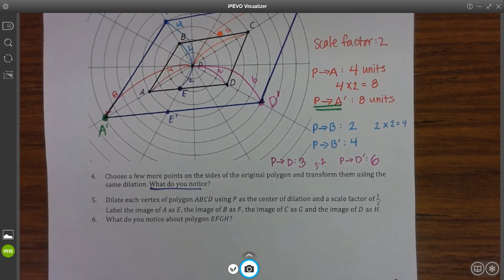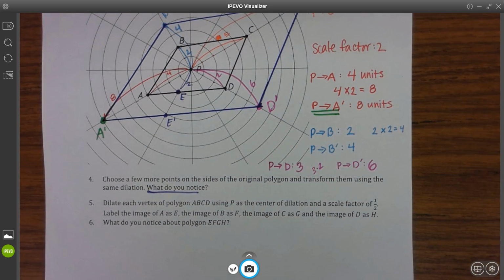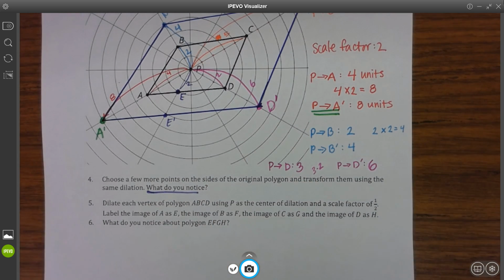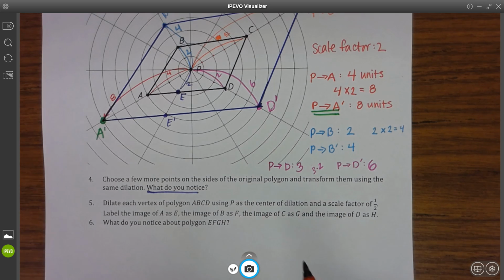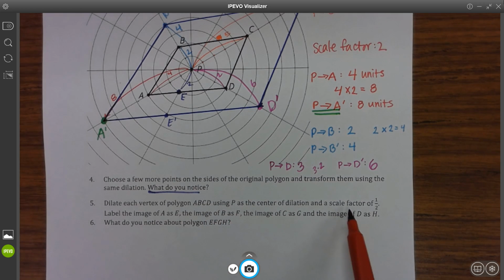Okay, number 5. Now number 5 is going to be a little tricky for me because I have a lot happening inside my circle. Not sure what yours looks like, but if you have a bunch of stuff drawn, this might be a little bit trickier for you too. So 5 says, dilate each vertex of polygon ABCD using P as the center and a scale factor of 1/2. So now we're looking at halves, right? And actually,